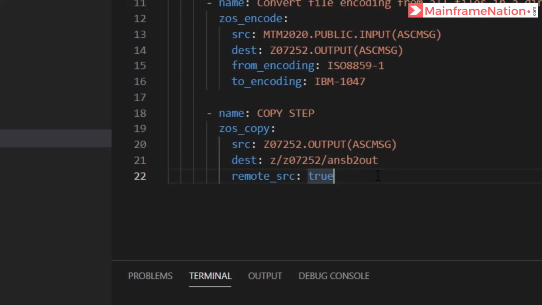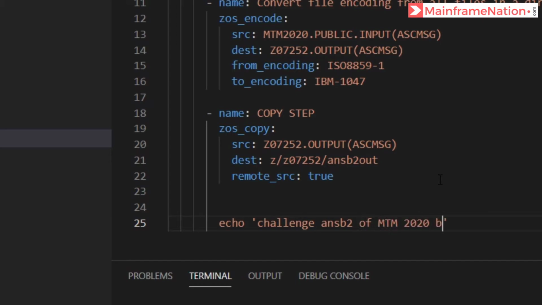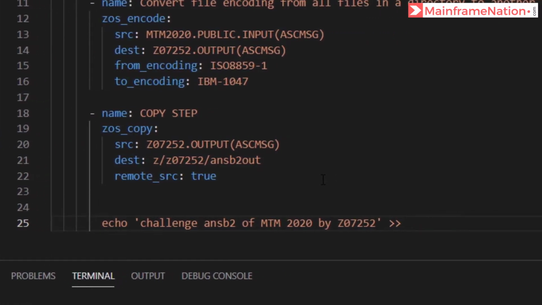And after that we have to add one line at the end of the dataset. Now to add a line, we can just use the echo command. Echo challenge ANSB2 of MTM 2020 by then my user ID, and then give double arrows and the dataset.